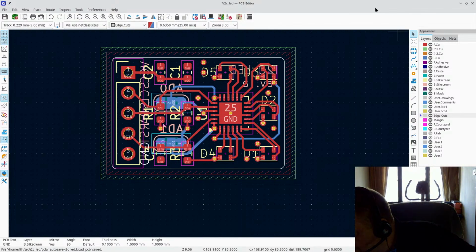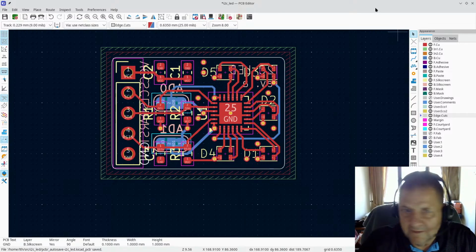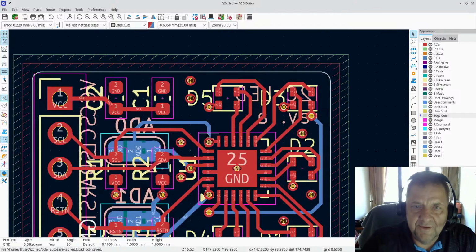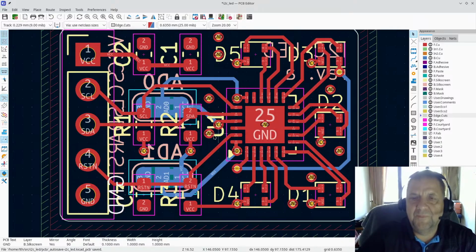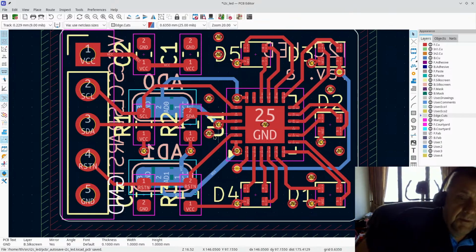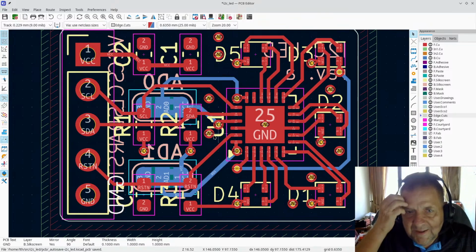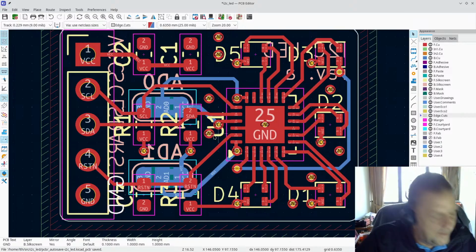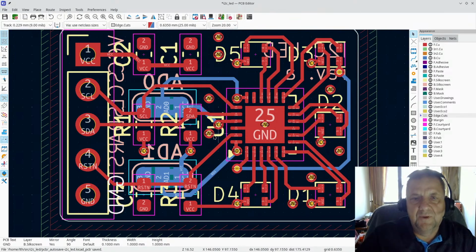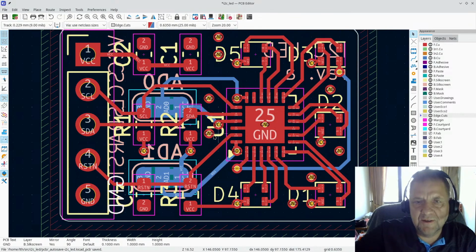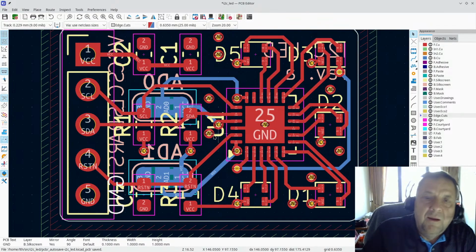Is it possible to design PCBs for freelance work? I don't know. I don't think I've been paid to do freelance PCBs. I would be very reluctant to do it because PCBs tend to be a fiddly process. I mean, you run an order. If I order these on PCBWay or JLCPCB or whoever wants to sponsor this, hint, hint,